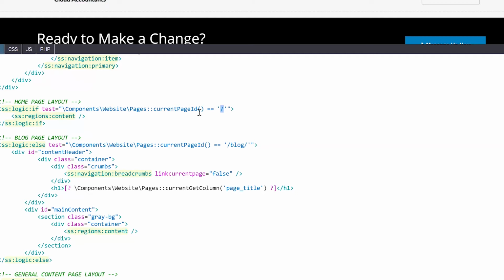Maybe I want to grab all posts of a certain category and display them here in a certain display potentially, or maybe I'm running a member directory where I want to say if the current page is the member directory page, display all contacts as directory listings, for example. So there's quite a lot of power and flexibility hidden away in the logic language of Synergy 8, and it is really nice to just be able to write logic straight into the HTML template here without